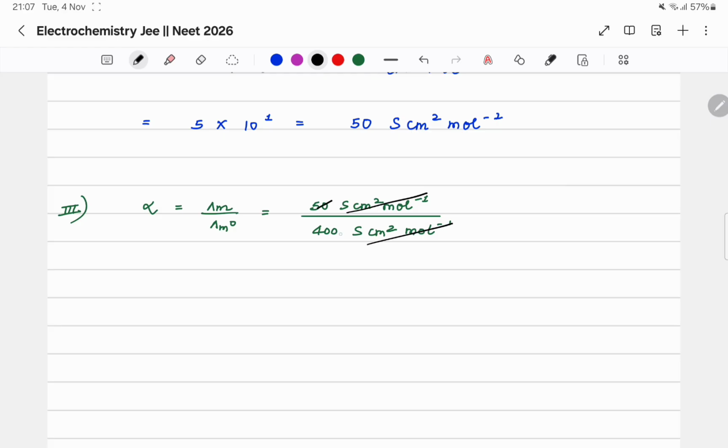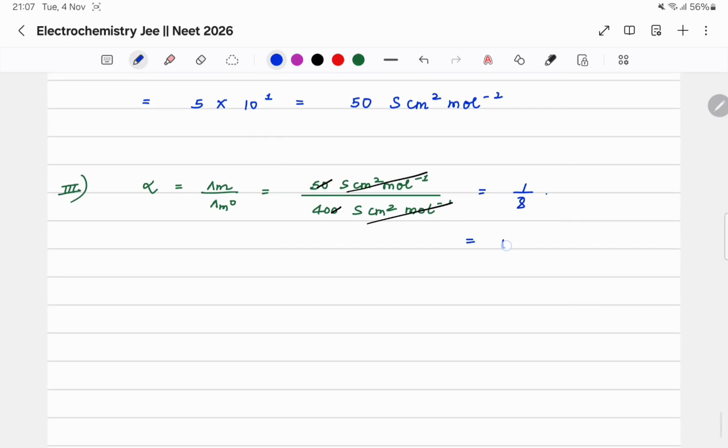Cancel 0, 0 cancel. 5 by 40 will be 1 by 8, right? 1 by 8 will be 0.125. So that is the alpha value which you got. Logically think: if it is a weak electrolyte, alpha value will be from 0 to 1, and if it is a strong electrolyte, alpha value will be 1. So this is right only. So this is your answer,